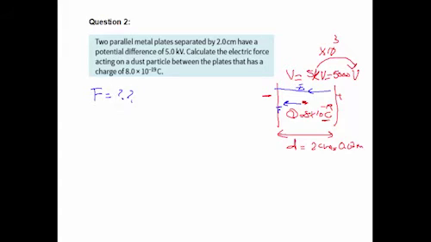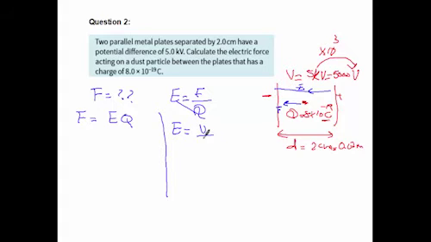acting on this particle. Again, we know that E, uniform E, is equal to F divided by charge. So our F is E times Q. But where is our E here? We have to calculate it. First, we have to calculate E from V over D. So we have our V, 5,000, and our D is 0.02, and this is going to give us